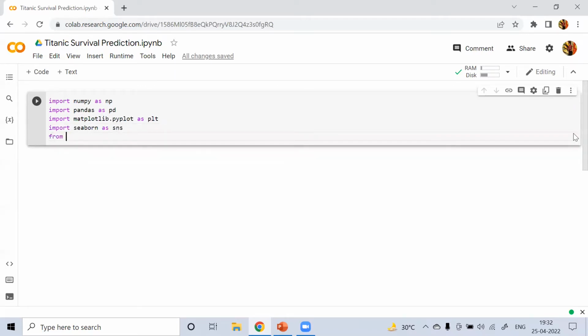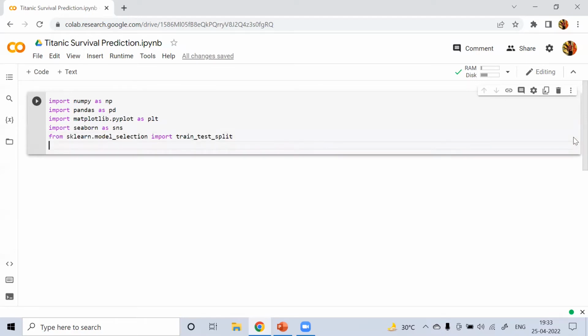From sklearn.model_selection, we will import train_test_split, and we will import our logistic regression model.